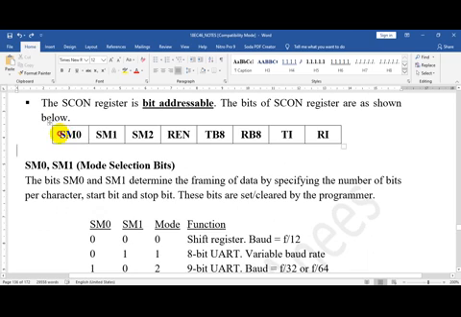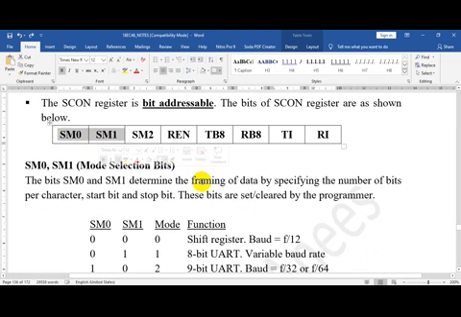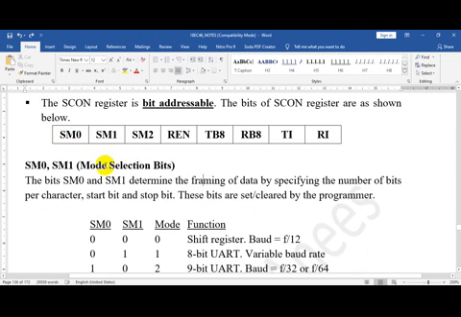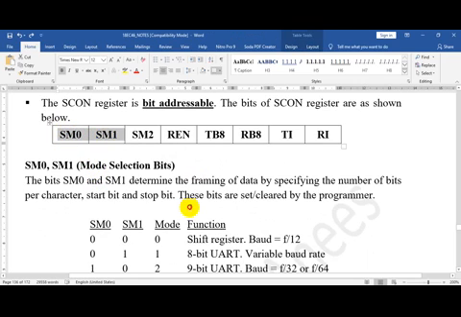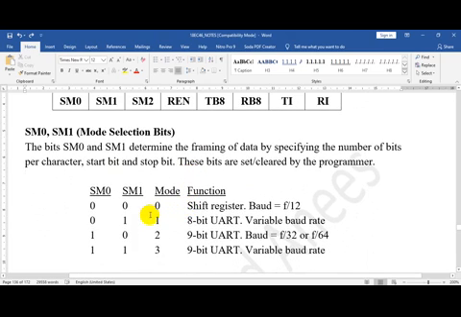We will first see SM0 and SM1. These bits are the mode selection bits. We have four modes: mode 0, mode 1, mode 2 and mode 3. If you select mode 0, your baud rate will be f divided by 12, so it will be a fixed baud rate.